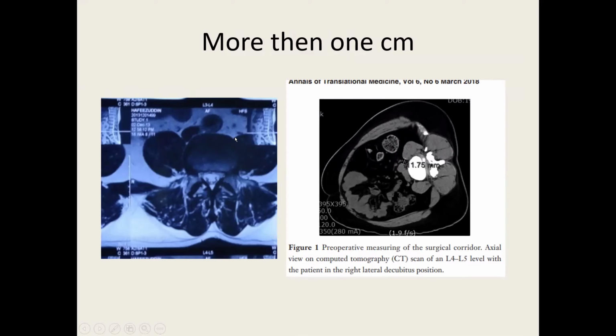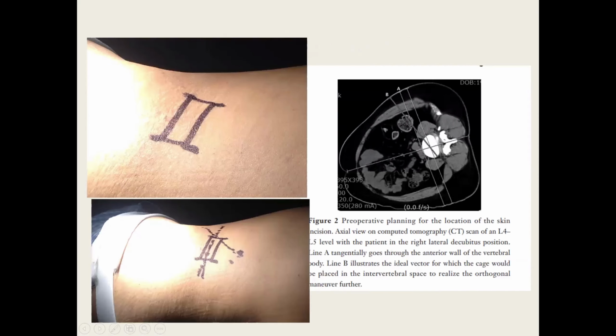The distance between the anterior border of the psoas to the aorta should be minimum 1 centimeter. But if it's less, as he was explaining, one can do a CT scan in the lateral decubitus position and then see whether the space can be increased or not. If it's less than 1 centimeter, and if you still want to do OLIF, one can do a CT scan with the lateral decubitus position, and can see here that the distance increased, so that one can decide whether to do it or not.